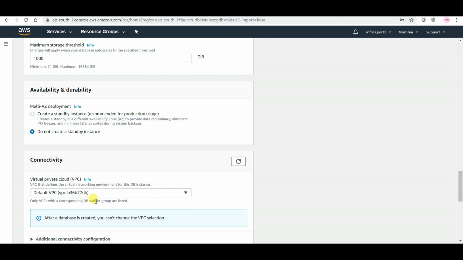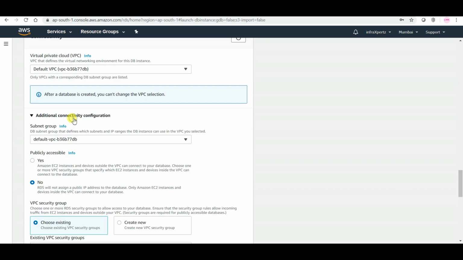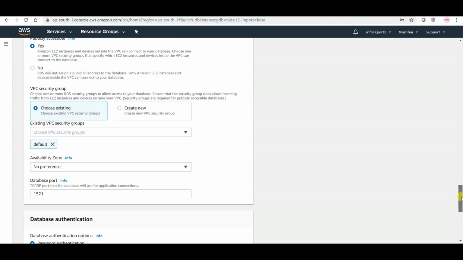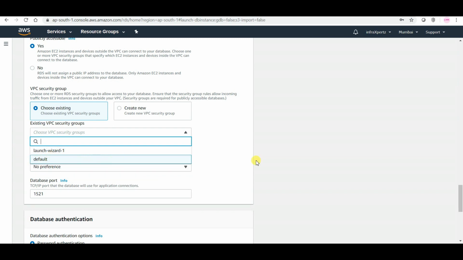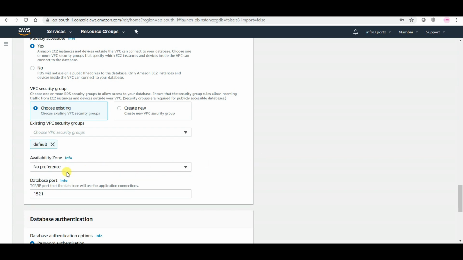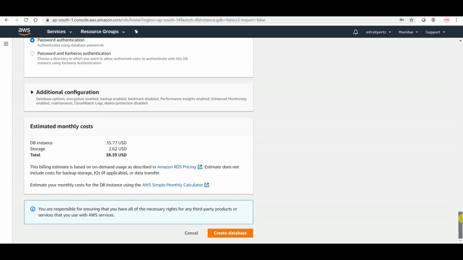I'm taking this in my default VPC. Publicly accessible, yes, or else you won't be able to access the database. VPC security group, choose existing. This is the default, no preference. Database port, let me give it as 1521 itself, the default one.